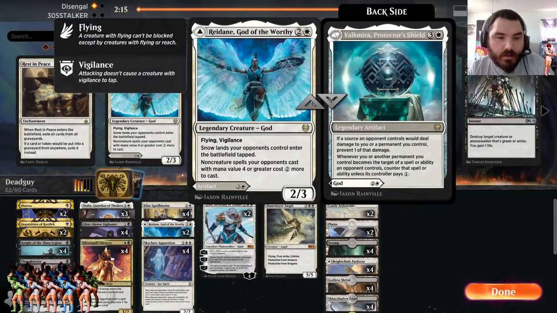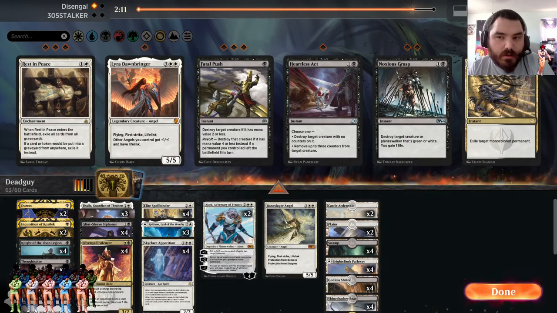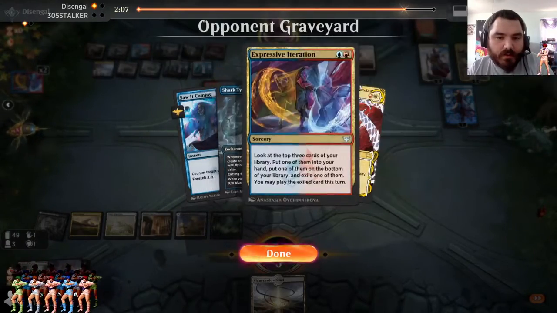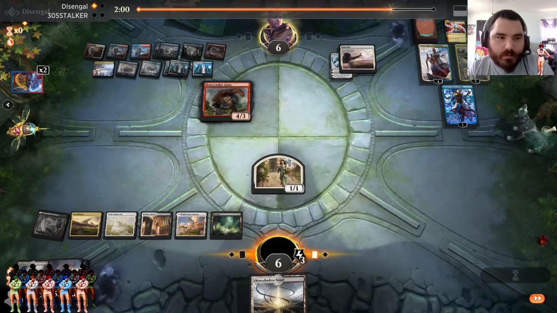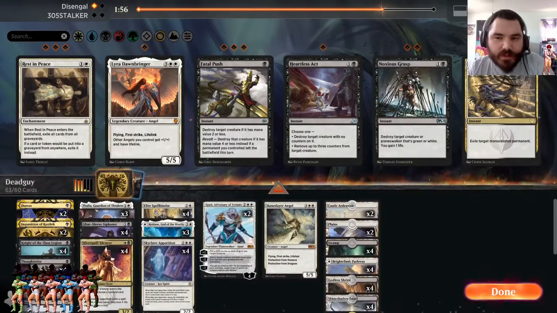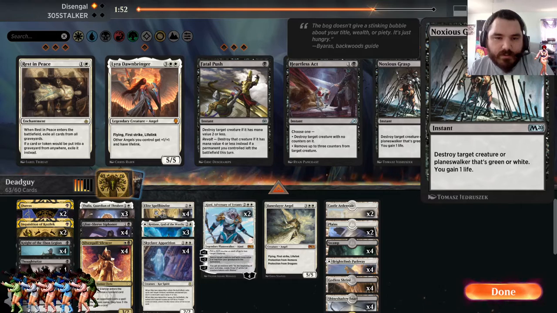Duress. Do we need Rest in Peace? Look at the exiled cards. I think Rest in Peace is a little greedy. Noxious Grasp can deal with...